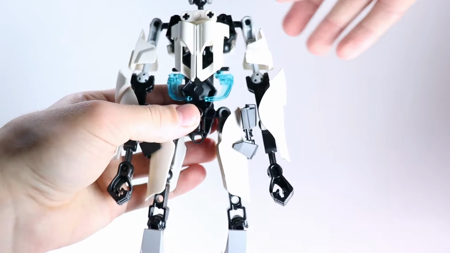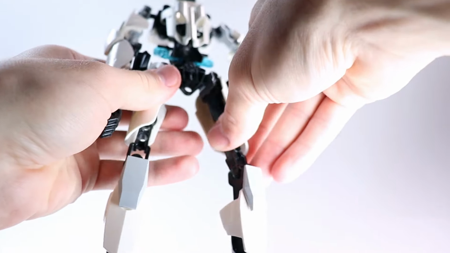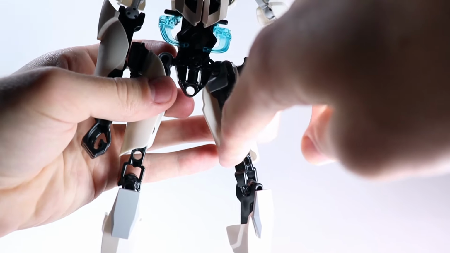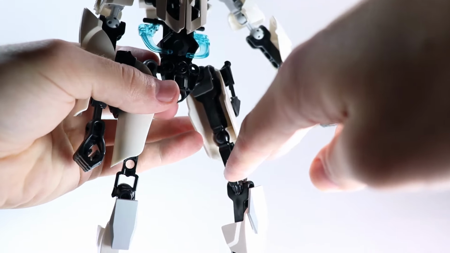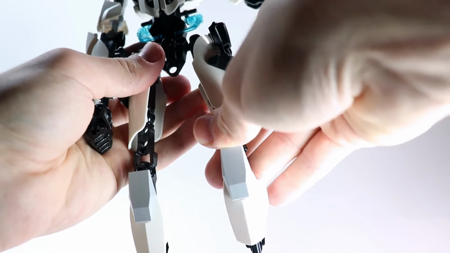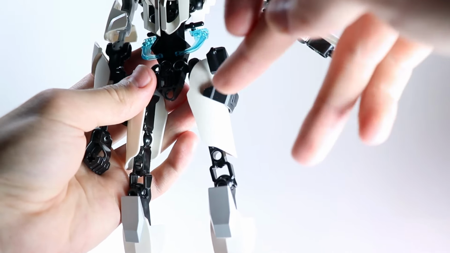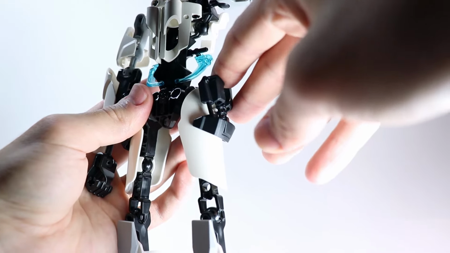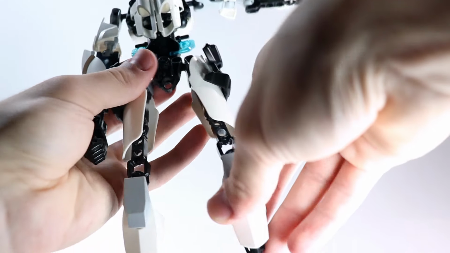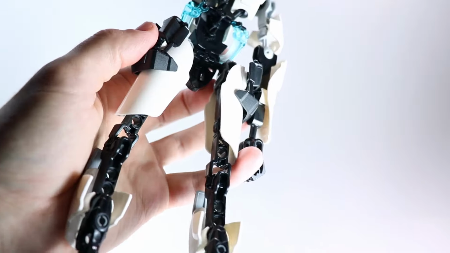So, moving on down to the legs, we've got these longer black bone pieces, obviously, and then this Star Wars hip armor piece in white, and then just a standard 2015 BIONICLE armor add-on piece in black on there. And then there is this longer